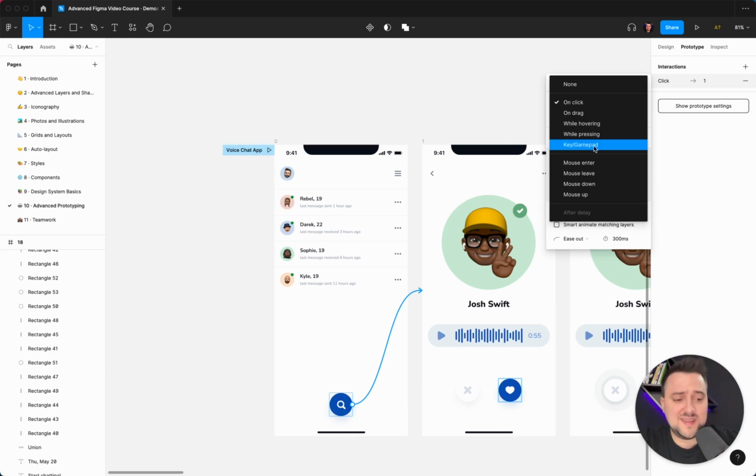I've never used key or gamepad, so honestly that's something that's probably even more advanced than this course and prototyping in general. Mouse enter: as soon as your mouse enters this area or leaves this area, something is going to happen. And again, I haven't used mouse down or mouse up honestly on any of our projects, especially because on most of the prototypes